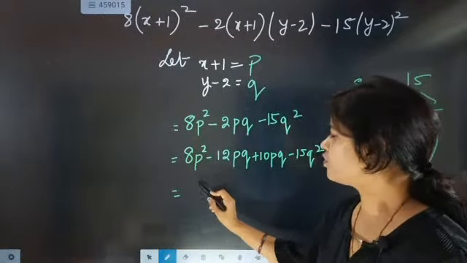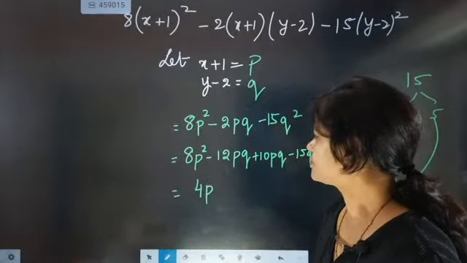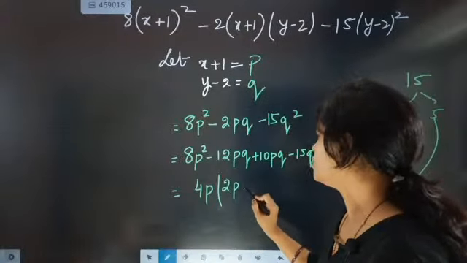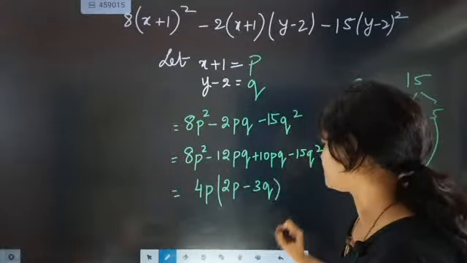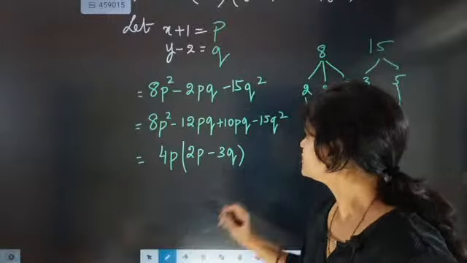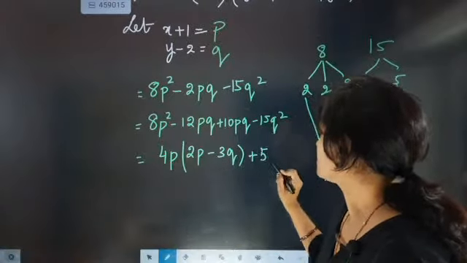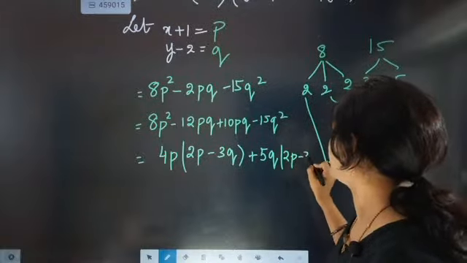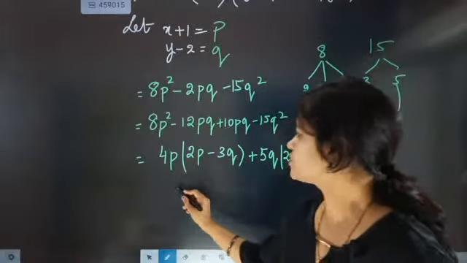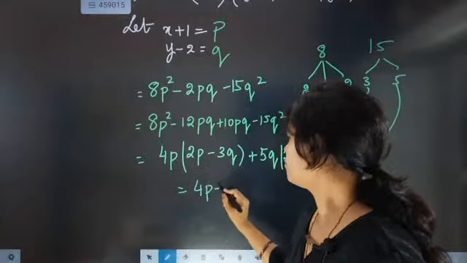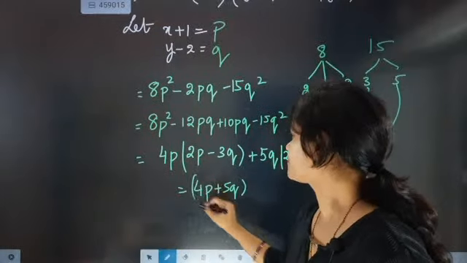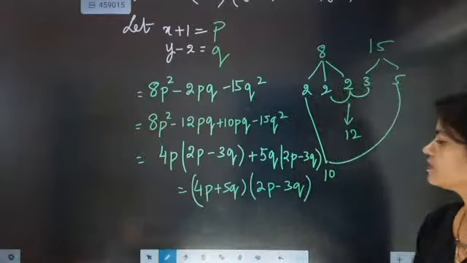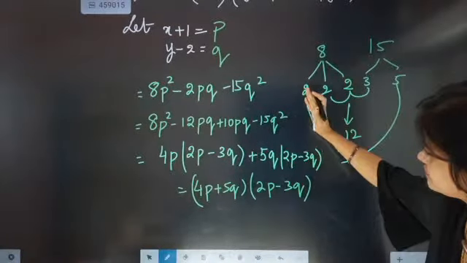Now take out 4p common. The moment you take out 4p common, this will become 2p minus 3q. Now here you take out 5q common. It will become 2p minus 3q. So it is going to come as 4p plus 5q and 2p minus 3q. So once you got this one,